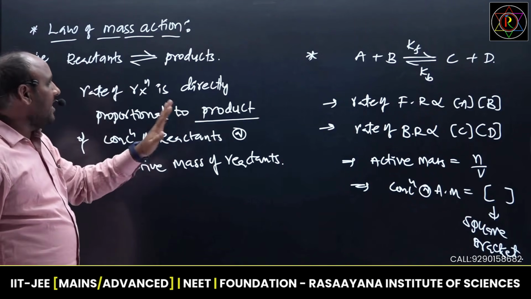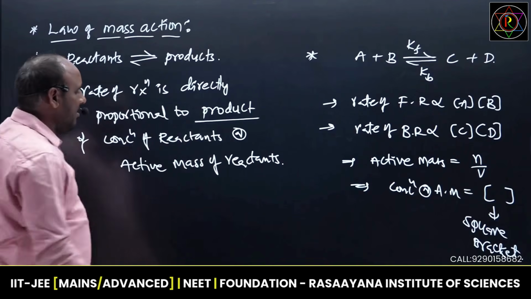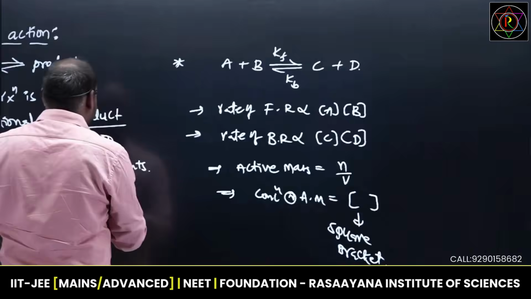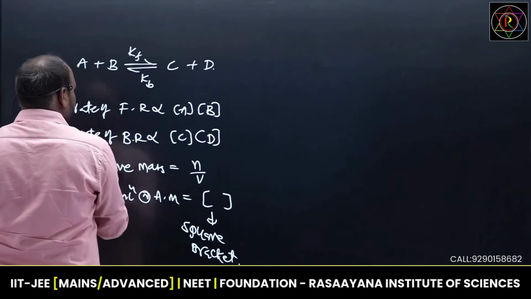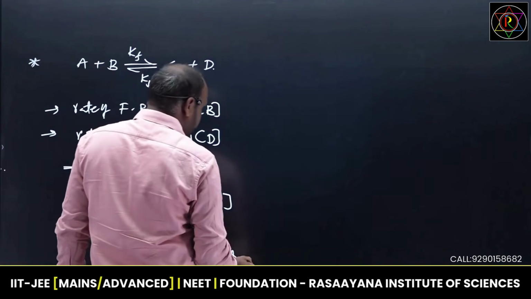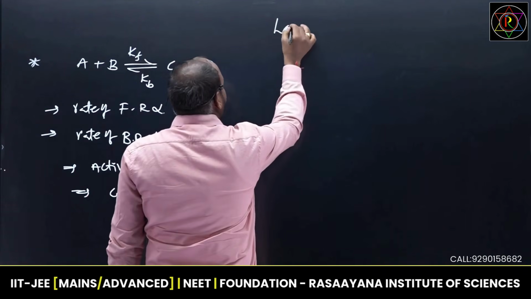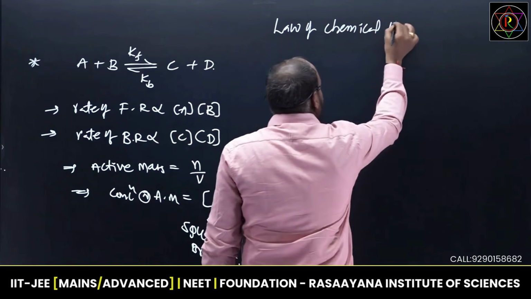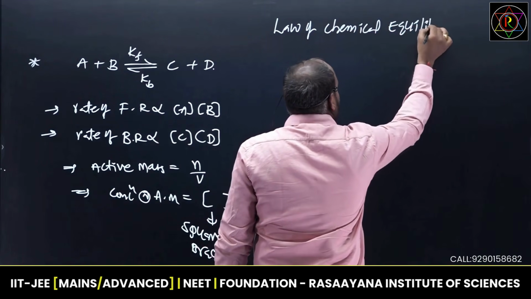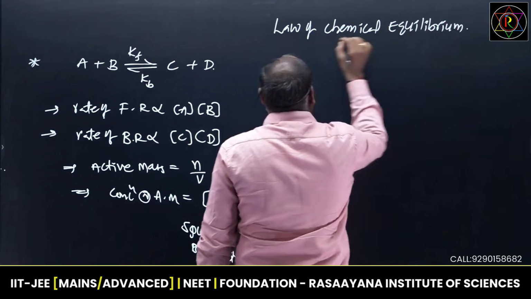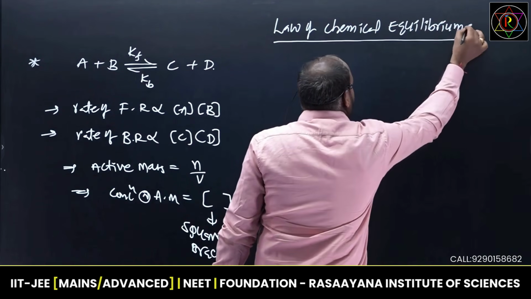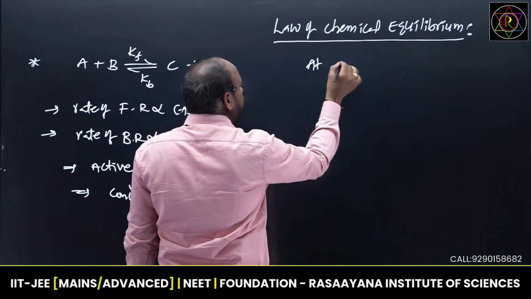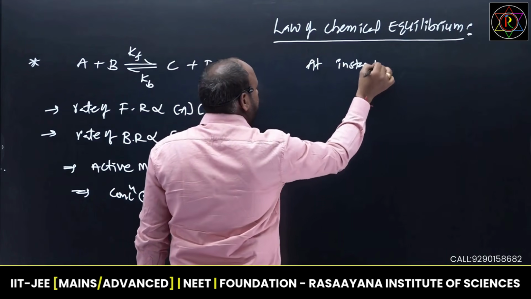With the help of this active mass, we are able to get the law of chemical equilibrium. What is meant by the law of chemical equilibrium? With the help of the law of mass action, we get the law of chemical equilibrium. The law of chemical equilibrium means that at a given constant temperature,